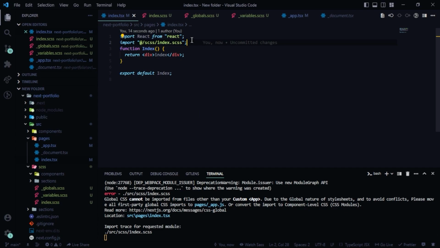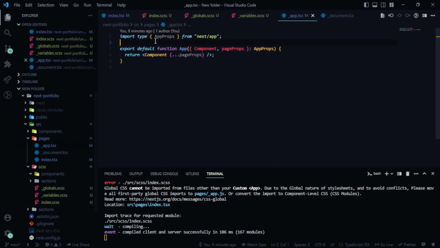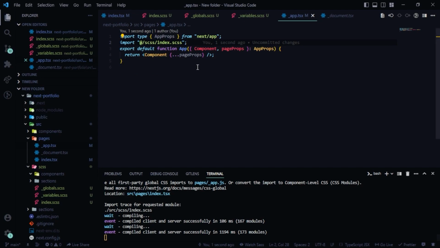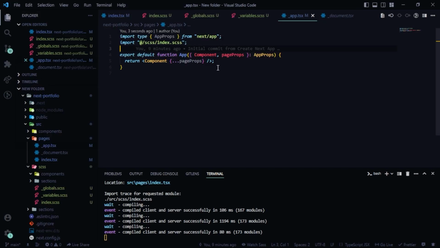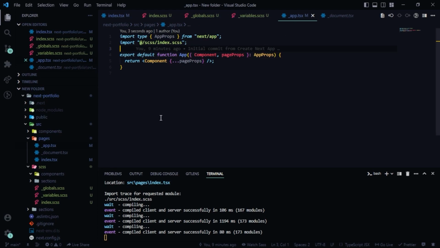Okay, so let's cut this and have this inside app.tsx, and I think that should work. Let's add over, yeah, that's working. So they should be imported inside the app.tsx. And now,